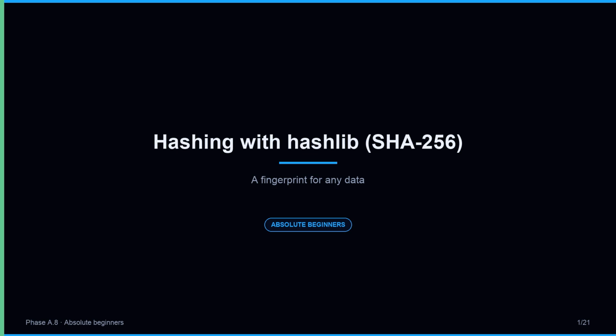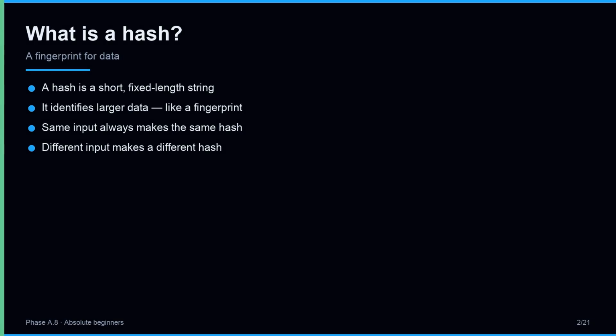Python ships with a built-in tool for this, hashlib. We focus on the SHA-256 algorithm today. By the end you can fingerprint a string, compare two fingerprints, and explain why hashing is the backbone of security on the web. The fingerprint idea: a hash is a short, fixed-length string that acts as a fingerprint for some